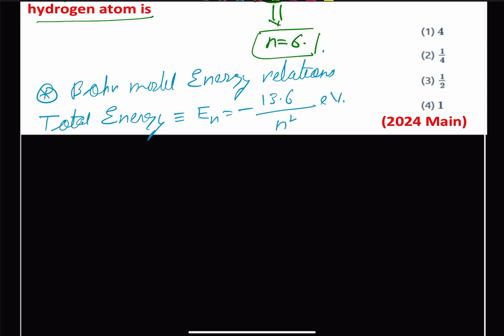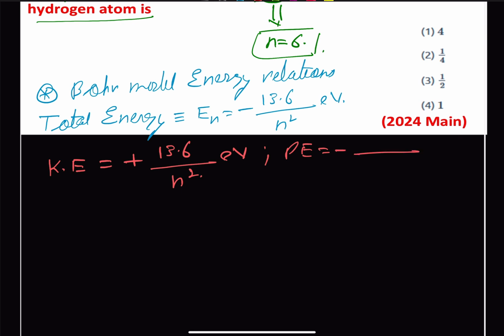So we can say our kinetic energy will be equal to plus 13.6 upon n square electron volt, and we can say our potential energy will be equal to